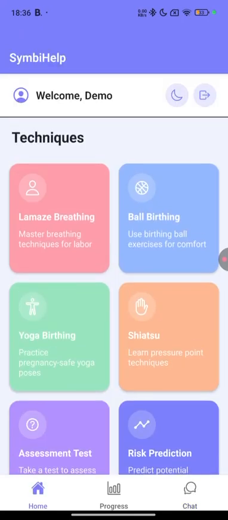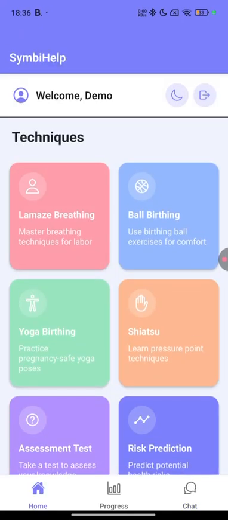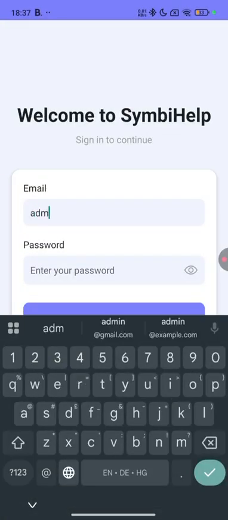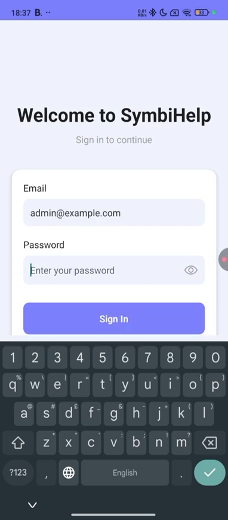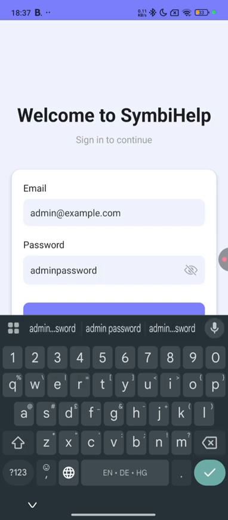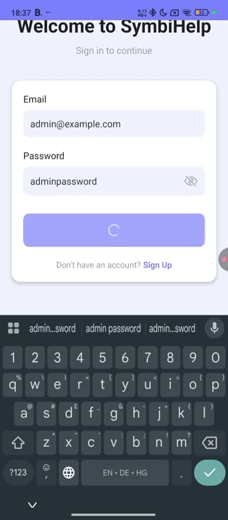We have also implemented an admin based functionality which can track various things regarding the tests and the number of users. I will be showing you that as our last functionality in this application. The admin credentials are admin@example.com, and the password is admin password. As we can see, the credentials have been inputted, and when we click the sign in button, we are redirected